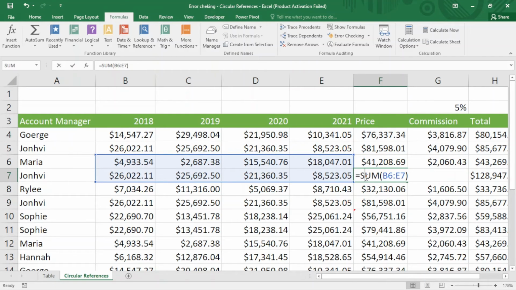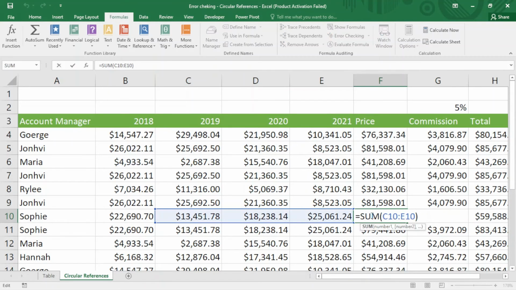So I just changed B6 to B7, and enter. You can see it disappears. For this one I want to double click again here. I do not include the 2018. I can edit this one. It's C. I just change it to B